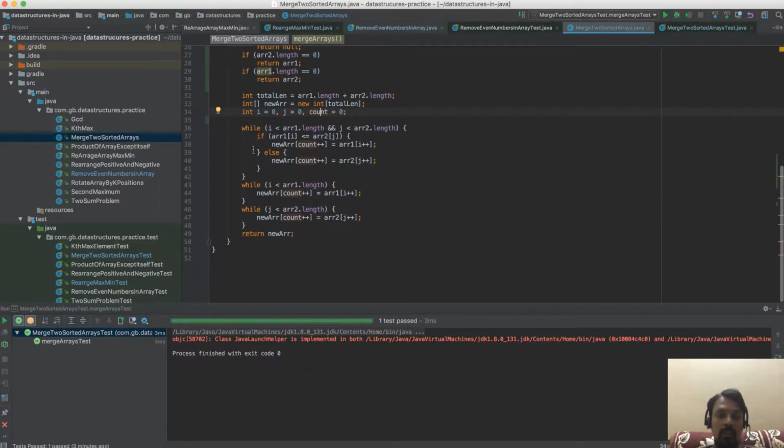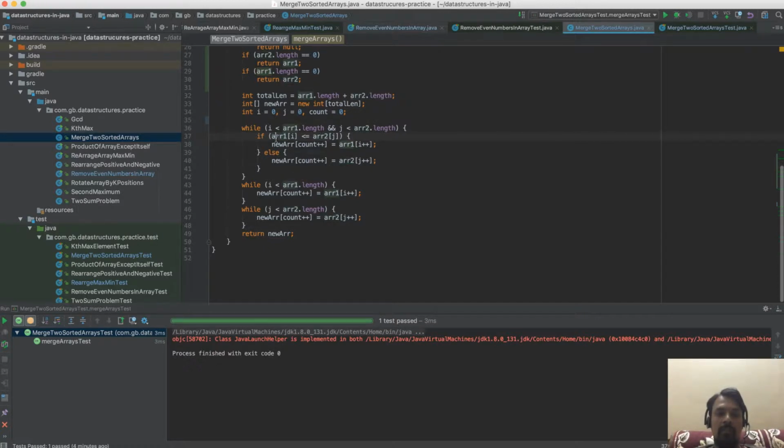So here we are coming to the algorithm. This is where our entire algorithm is. The first condition is: we have to loop through both the arrays till the end of the length of both the arrays. So I have used i and j. While i is less than the first array length and j is less than array 2 dot length, we are comparing the first element in the first array to the first element in the second array.